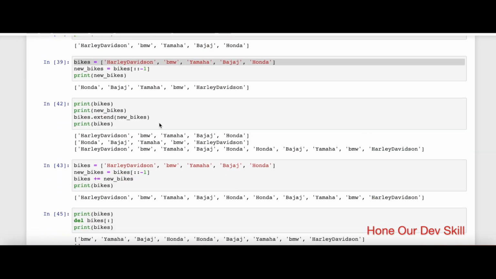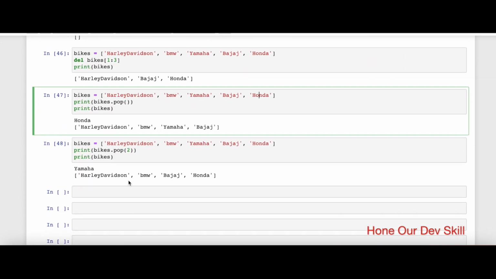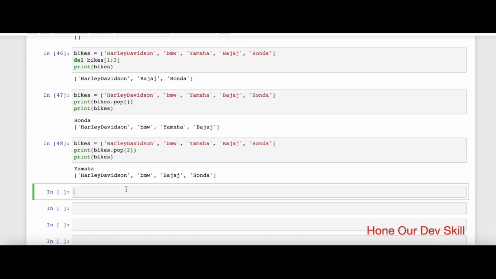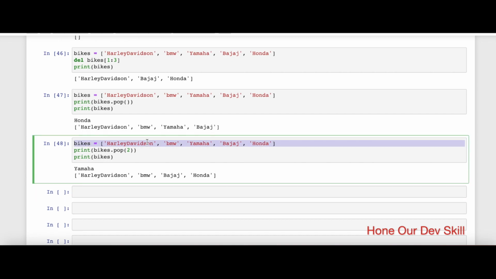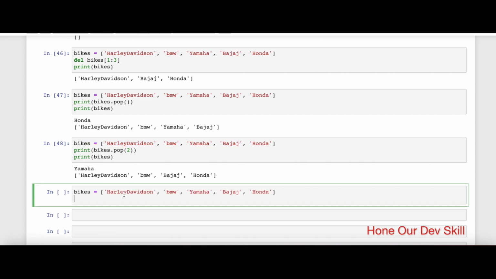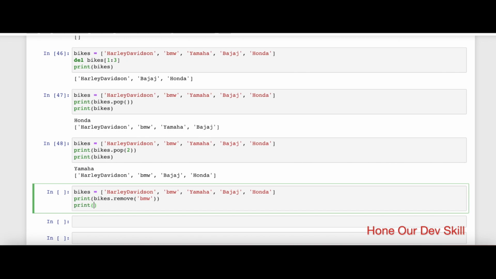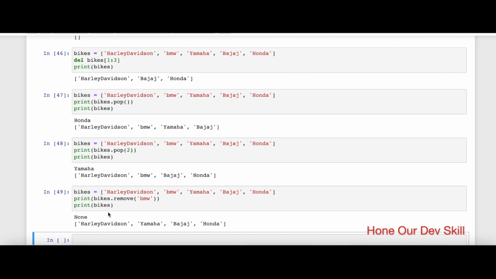Now, if you do not know an index by any chance, and you just know the value of that particular item in the list, then you can use a remove method. So bikes dot remove, and then let's say I want to remove BMW. Similar to the delete method, remove does not return any item,